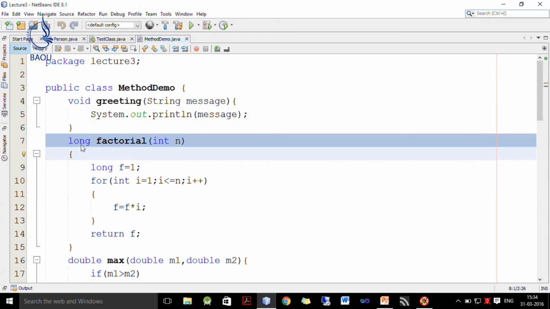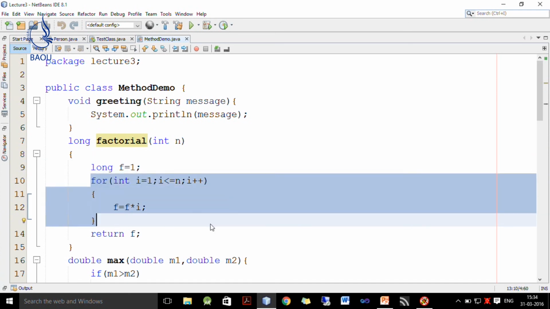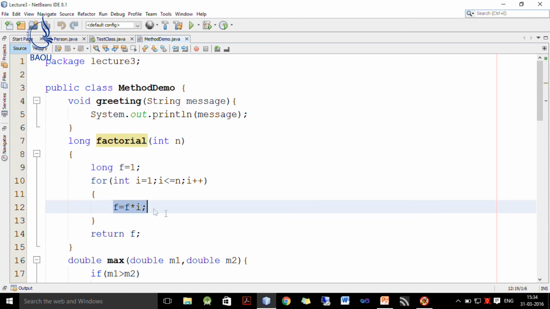The next method is a factorial method, and it actually calculates factorial of n and returns this value as long. So, I initialize f to 1 which represents factorial of the given number. The factorial is nothing but multiplication of 1 to n if we want to find factorial of n. So, I repeat this loop from 1 to n, and inside this I write f is equal to f into i.